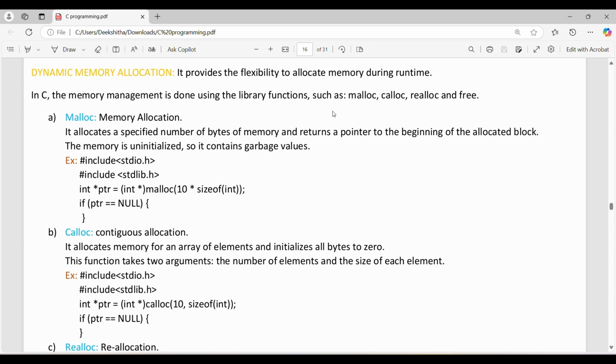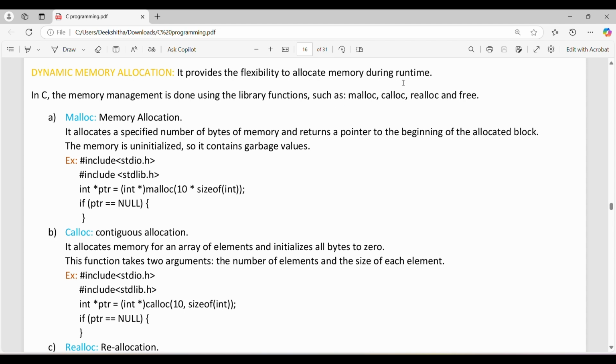While compiling we don't know the exact amount to be allocated, so dynamic memory allocation comes into place. At that time the memory should be allocated at runtime. While running the program, we will know the exact amount of memory to be allocated, right? So that memory will be allocated during runtime. Okay, so